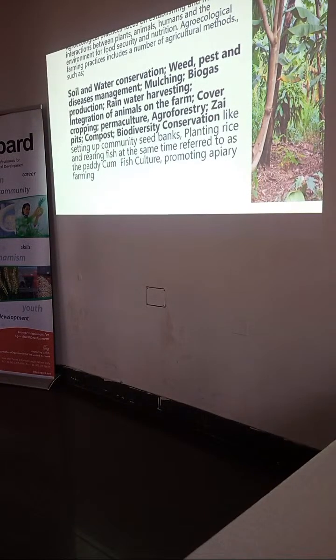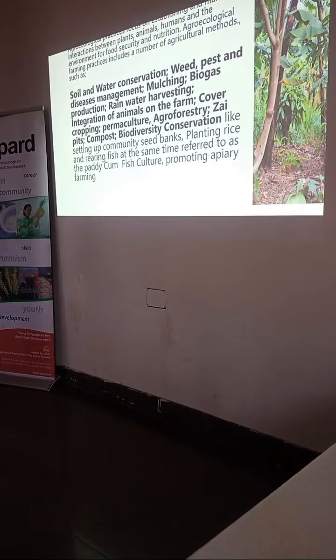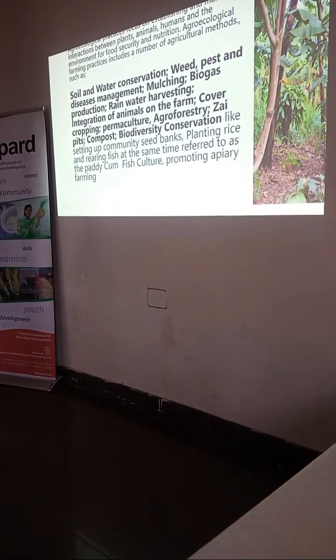Compost, this is where we get to make the organic fertilizers, manure. We are bringing a lot of wastes from the animals, from our homes, from our household waste, and then animal waste, and also farm waste, and putting everything together to make the compost that we can later use on the soil. So when we are looking at compost, how do we bring compost from the garden? After harvesting, let me give an example of maize. You don't just burn off the remains.